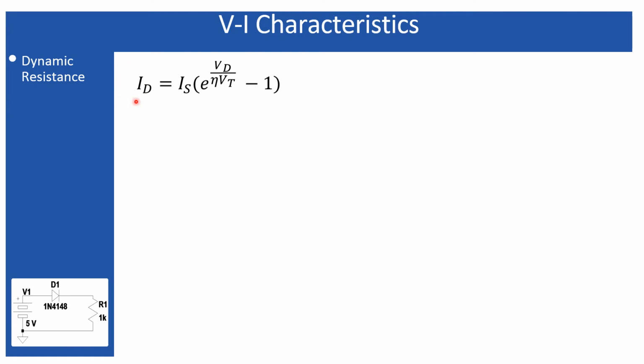because this is the current equation based on which the diode VI characteristics is plotted. So if I take the slope of this equation, then the resulting equation will provide us the expression for the dynamic resistance. Before finding the slope of this equation, we have to do some approximation, and the approximation is this one. Yes, obviously this is a very important approximation.